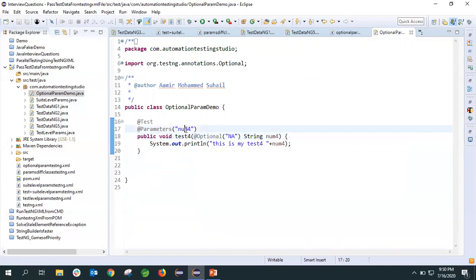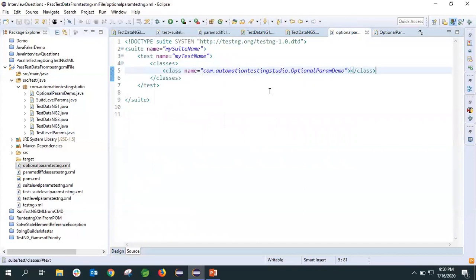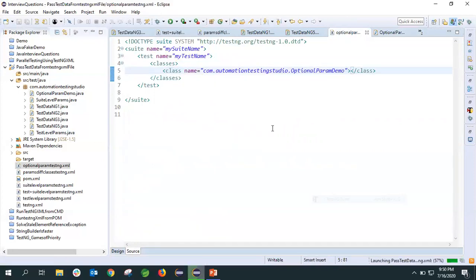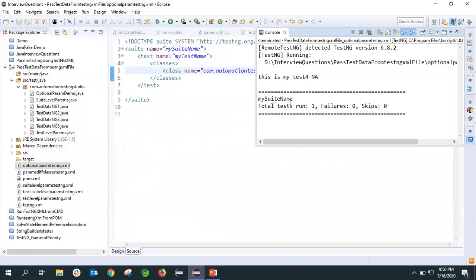So if I pass anything from the testng.xml file, it will take that one. Otherwise, it will take NA. So I'm not passing any value from the testng.xml file. As you can see here, if I run that, it will take the default value.